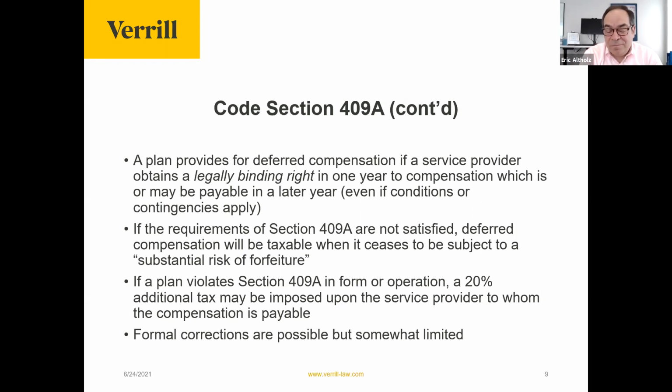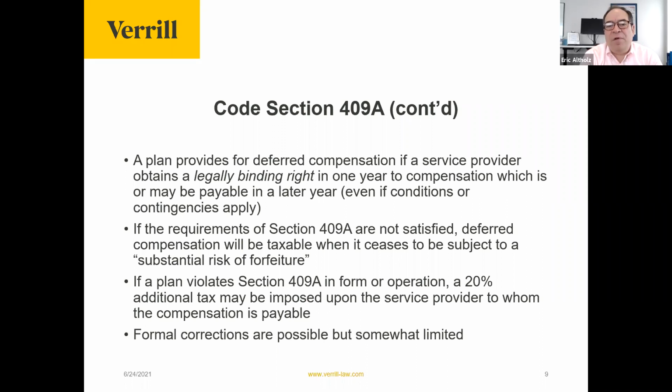In addition, if the plan fails to comply with Section 409A, whether in its written terms or the way it's administered, a 20% additional tax may be imposed on the service provider to whom the compensation is payable. And the prospect of a 20% additional tax paid to one or more of your key employees is enough to make us pay very close attention to the design of your plan.